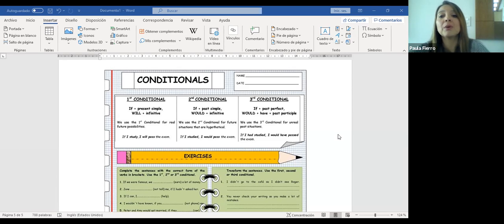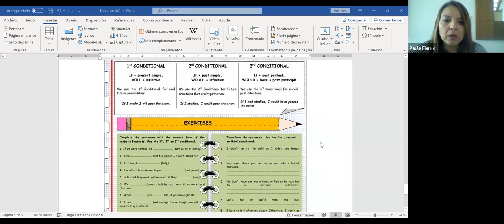So as you can see here, we have a very simple worksheet, but at the top you have a summary with examples and with the structure. That is the most important part, and that's why I chose this, because it has the instructions at the top, so students can go back and check if they need to, or they can just apply what they have learned. There are some students that don't need to check that. In the case of those whose learning process is slower than the other ones, they can use this